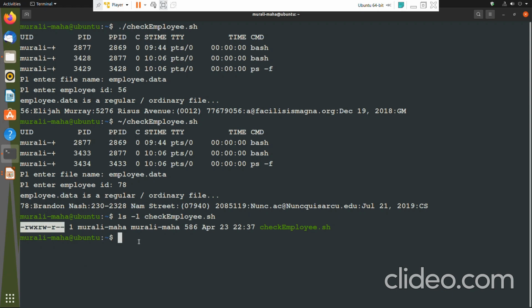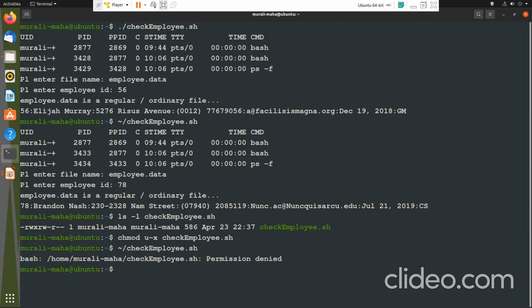Let us suppose we are removing the execute permission for this check_employee.sh. Now let me try to execute it by specifying either absolute or relative path name. No. Or relative path name.